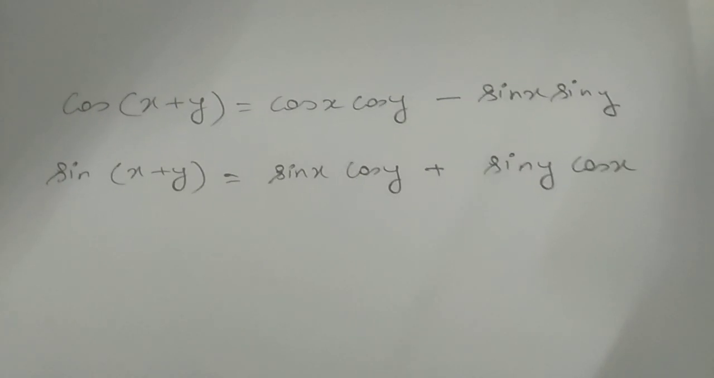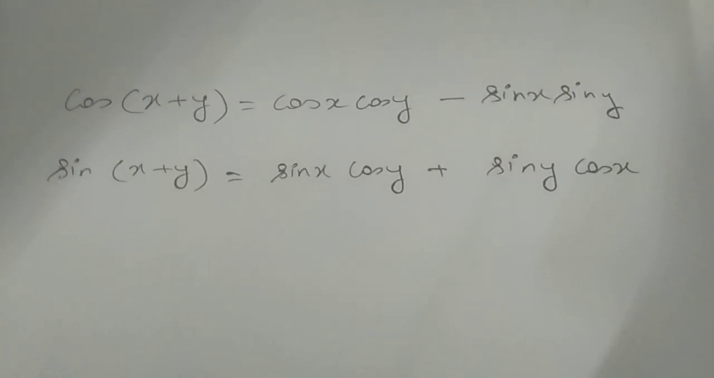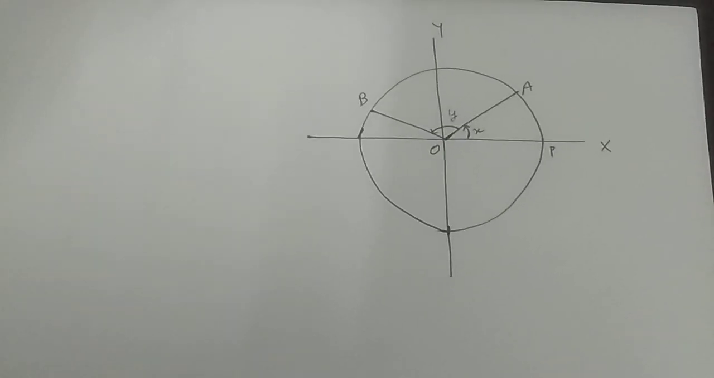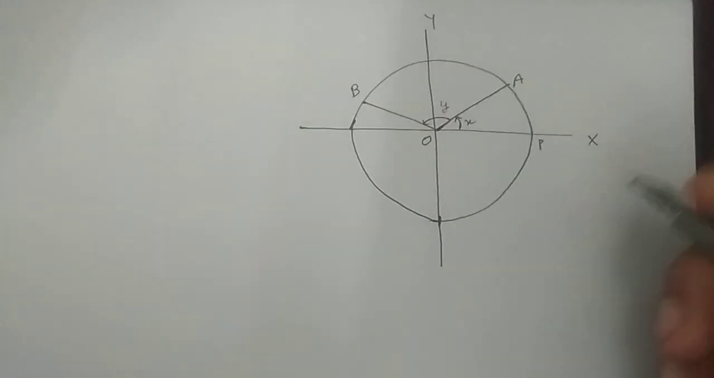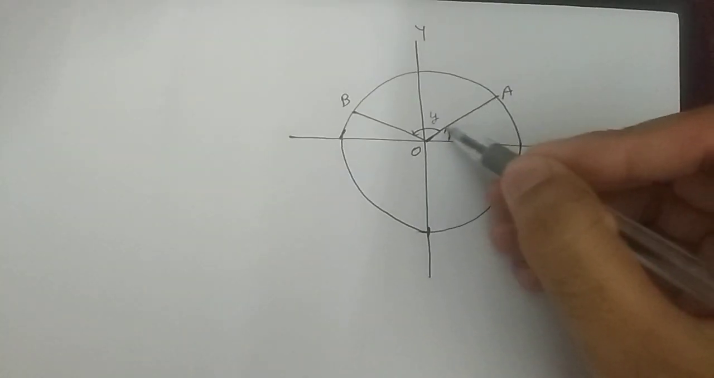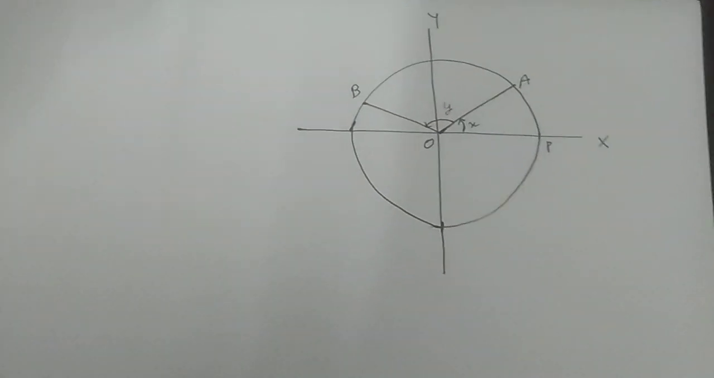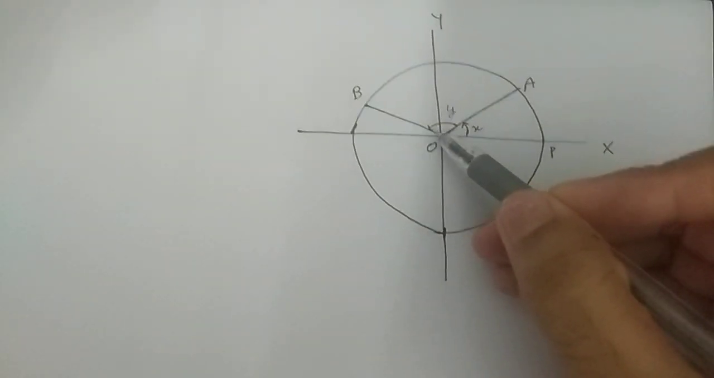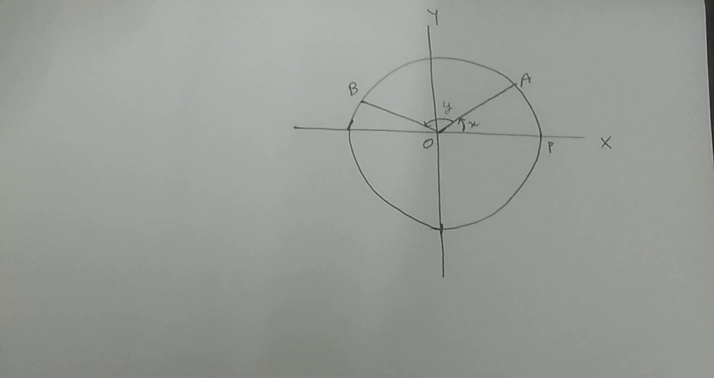Hello everyone, in this video I am going to explain these two important formulas of trigonometry. For that purpose I am considering one unit circle in Cartesian plane with an angle x. We can observe it is in anti-clockwise, and from here we are subtending one angle y that is also in